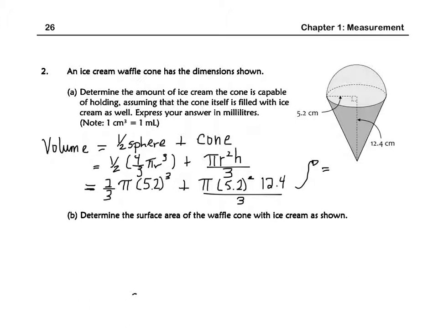And that's going to give you 5.2 cubed times pi times 2, and then divide that by 3. You're going to get 294.487, plus, you've got the 5.2 squared times the 12.4 times pi divided by 3, which is going to give you